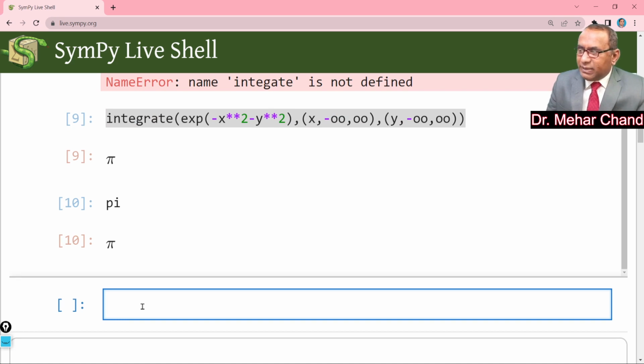Pi is the syntax for the same. If you have a triple integration, how can we do triple integration? This is also a very interesting part. I have int is equal to